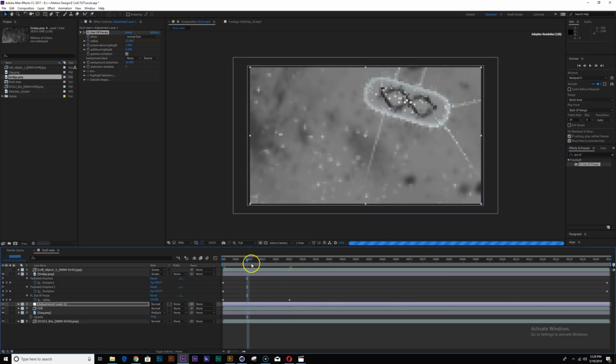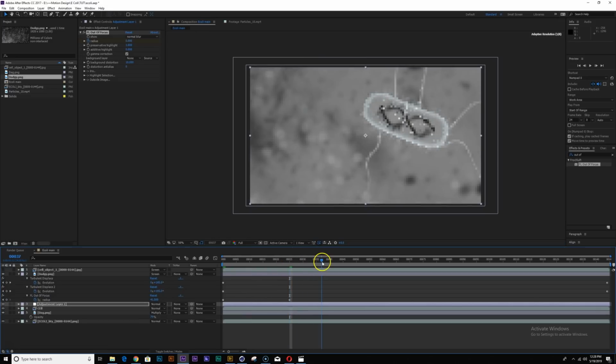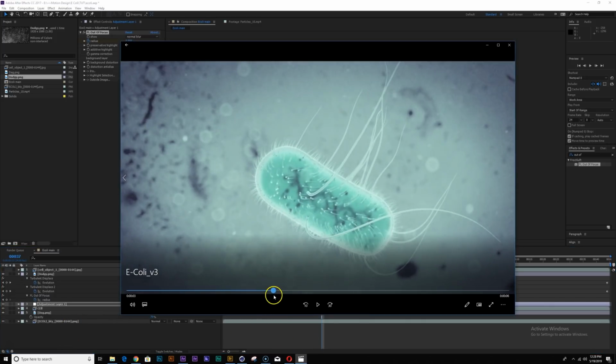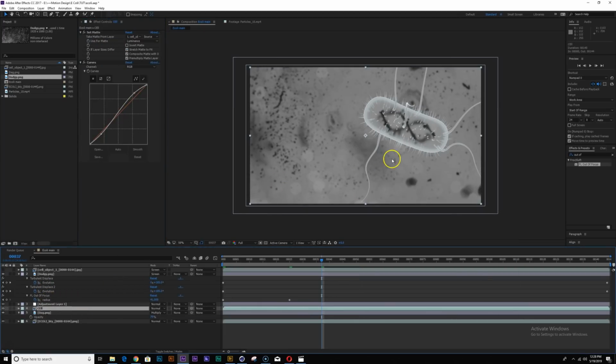So this just creates a kind of a fake rack focus. Okay. And what else did I do? At this point, you just start playing with the effect.